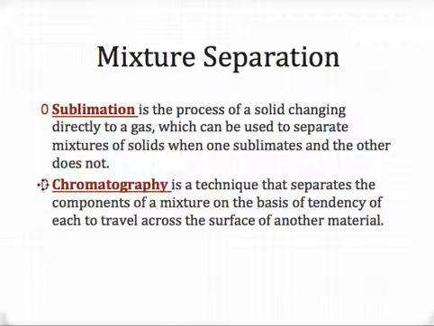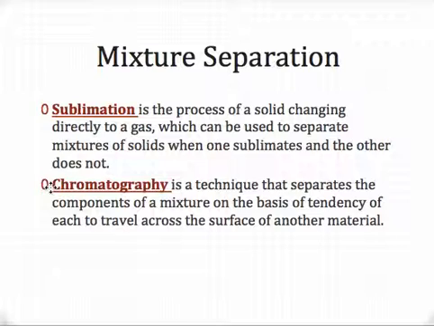And finally, we have chromatography. Probably one of the few that you're pretty familiar with, because I'm guessing at some point, maybe in middle school, you did chromatography with maybe a black spot of black ink, okay? But chromatography is really based on this idea that different components of a mixture can be separated by their tendency or their attraction to other materials. So again, an example of this might be the separation of the black ink. You would have a dot of black ink on a piece of paper, and you would put it into a